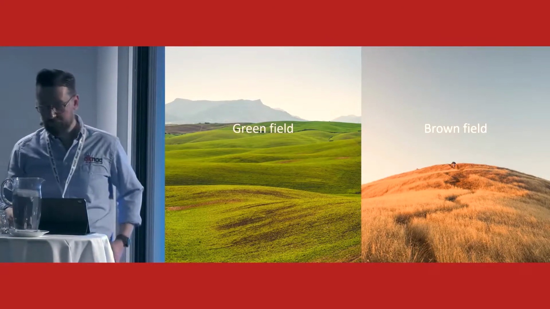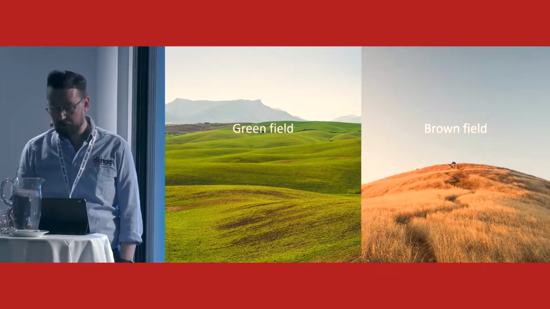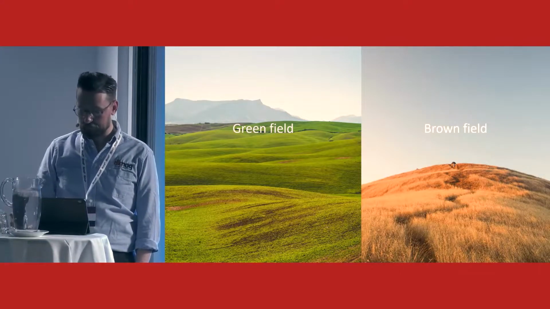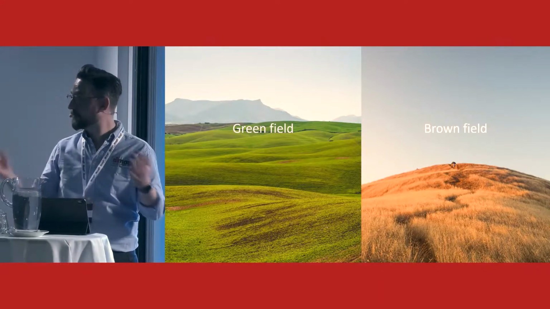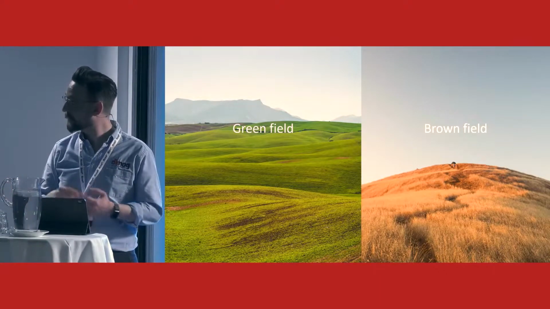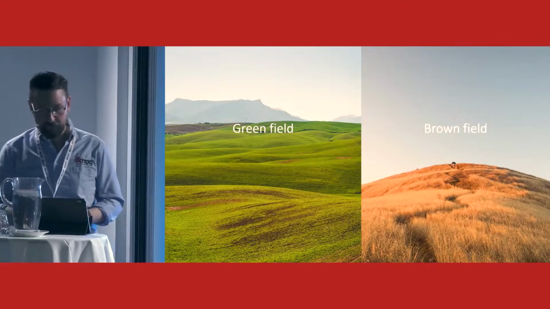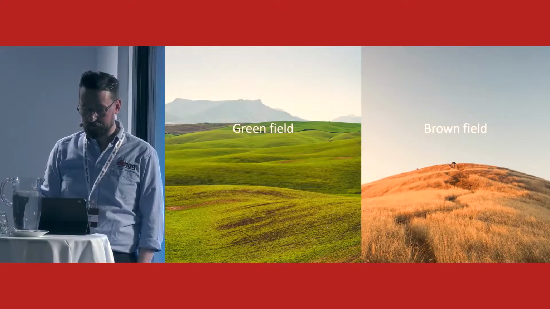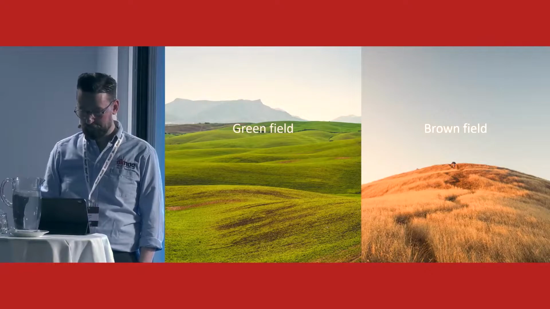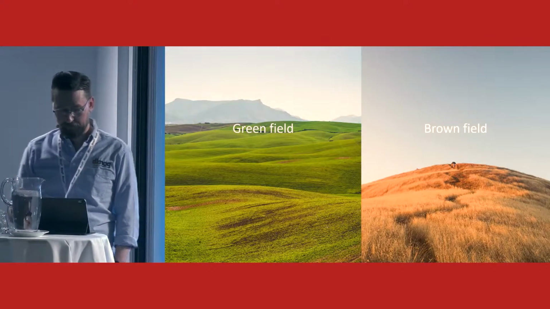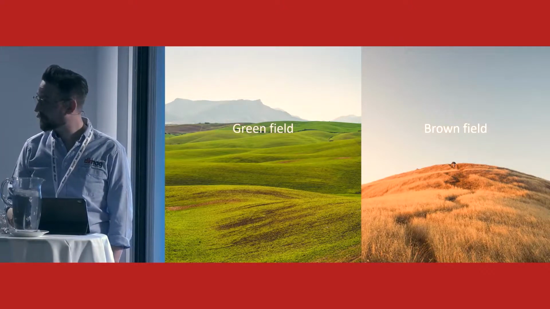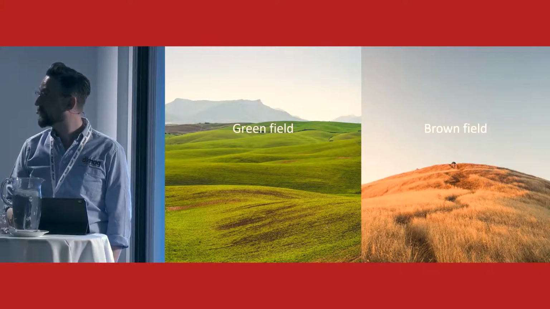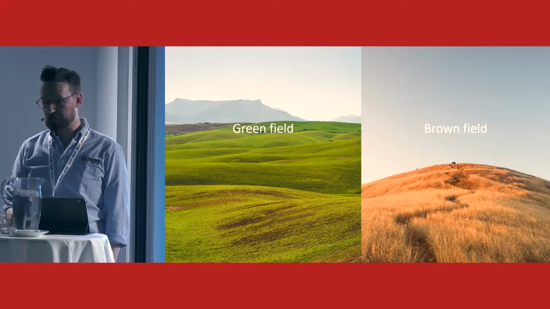I'm going to use the terms greenfield and brownfield in this presentation. If you haven't heard of those terms, greenfield deployment is basically when you deploy a completely new network, completely new automation. There's nothing in there before. You're not bound by any legacy or anything like that. But brownfield is when you try to integrate with something that's been running for a long time. In this case, we had an active network that's been running for a long time. We also had an active provisioning and automation platform that we had to replace.